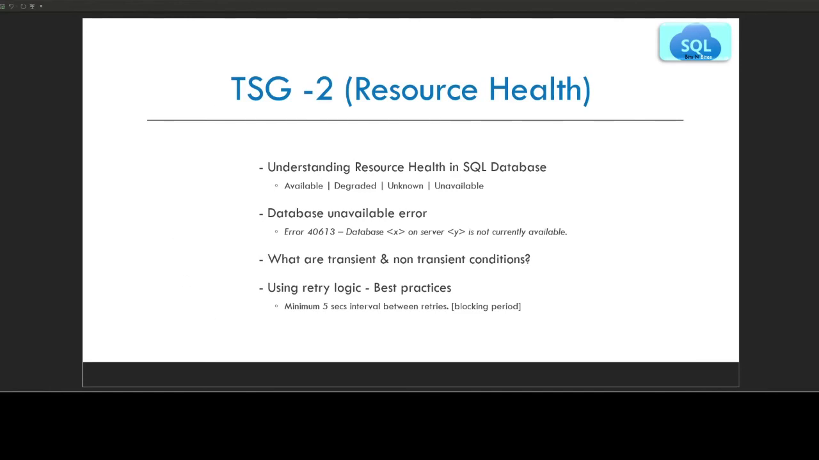So how do I handle transient behavior? How do I handle those small blips that happen? We have something called retry logic. If you go to Microsoft's public documentation, they have retry logic examples depending on what platform you're running. And one of the things that we always look for, or I myself experienced, is